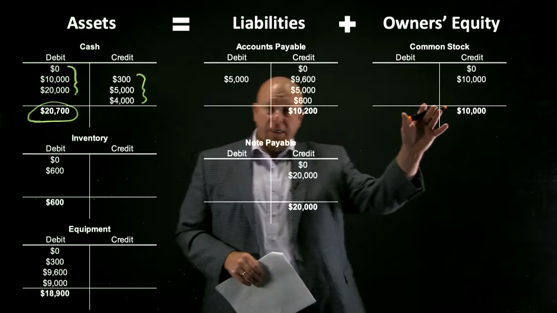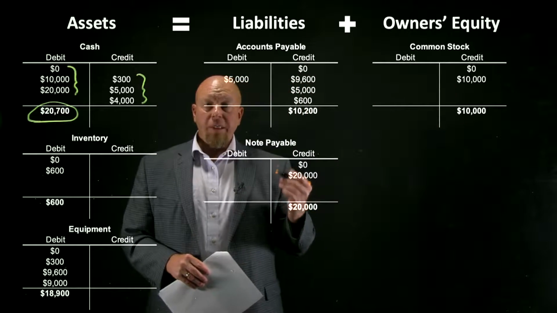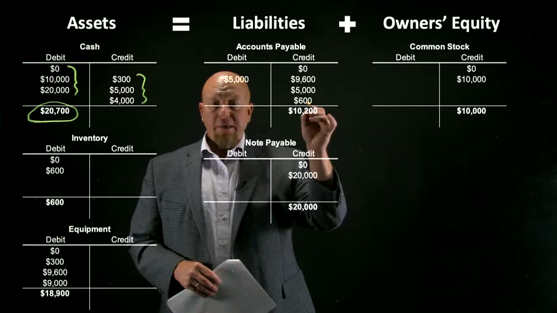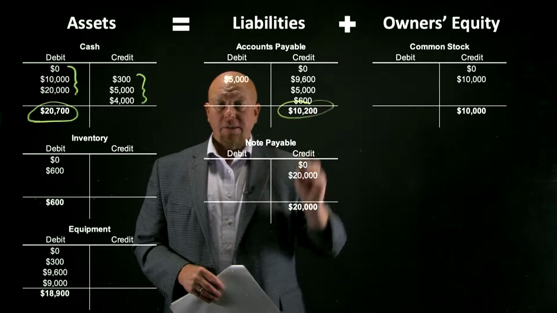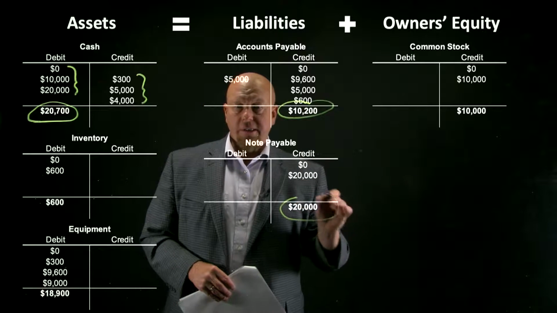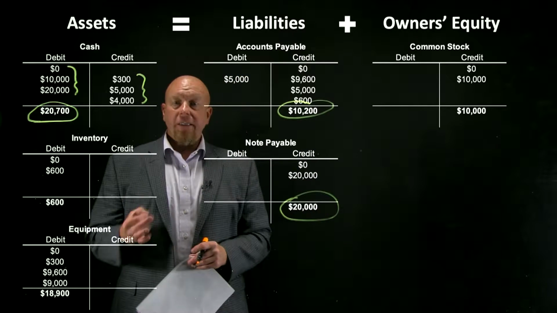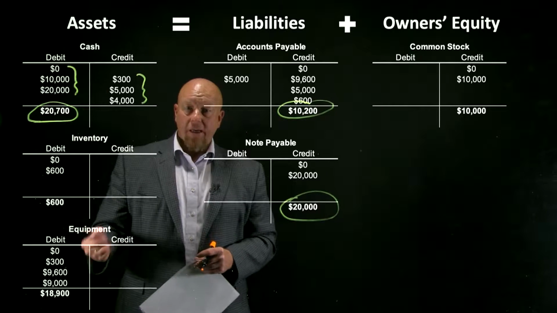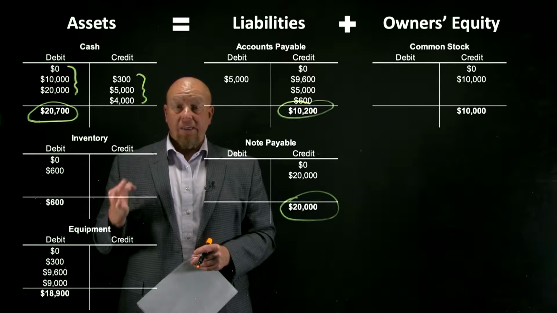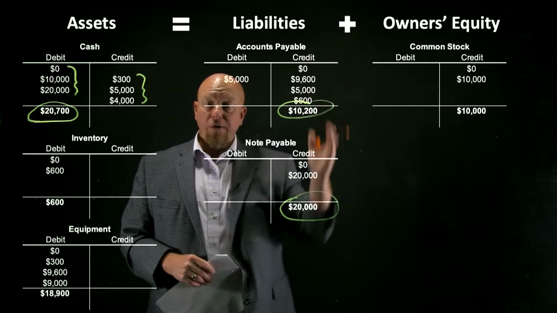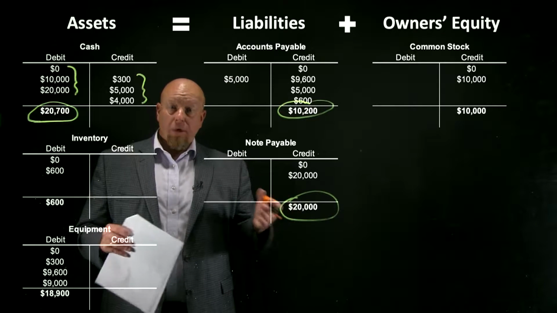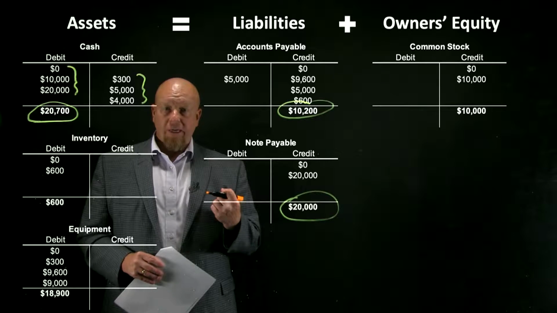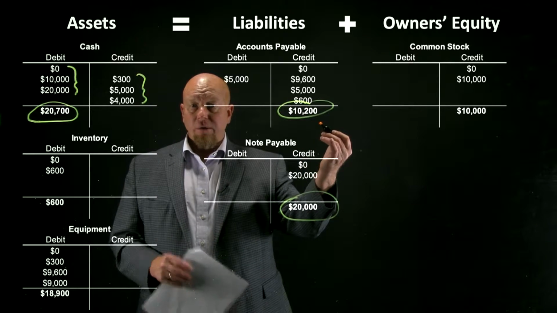Flipping over to the other side of the accounting equation, we would expect that liability accounts have a credit balance. Remember that debit does not necessarily mean plus or minus. Credit does not necessarily mean plus or minus. It depends upon the type of an account. A credit balance over here for an asset would actually mean negative asset. A credit balance over here for a liability is normal. It's a positive liability. This is telling us that our balance sheet should report the fact that we owe $10,200